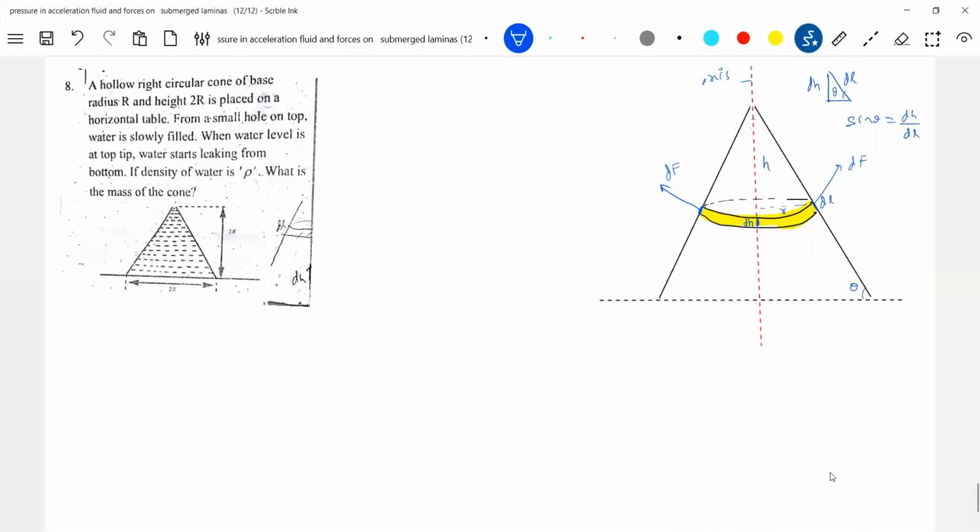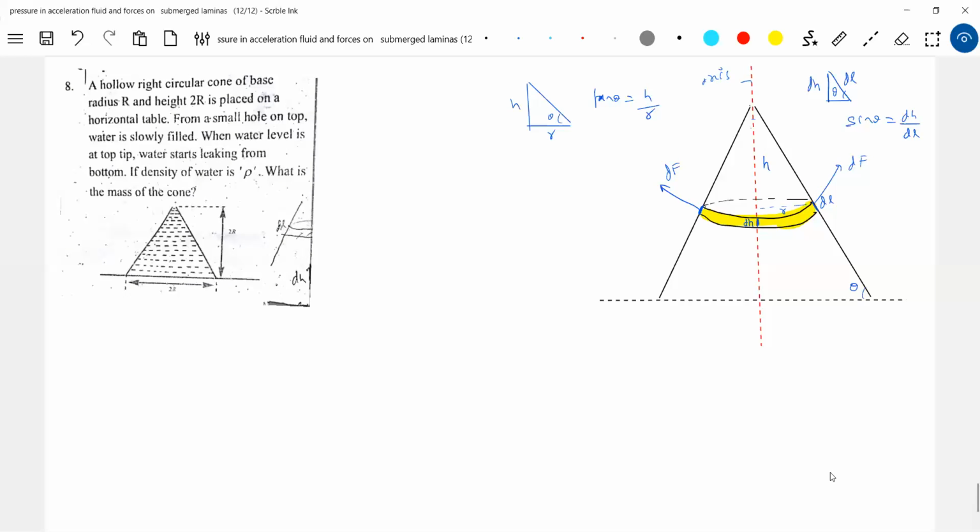Okay, let's prepare some. Let it be h, I'll assume. So one more triangle we have. I'm just making all things very clear before entering into the mathematics. Tan theta, where I'm looking at this triangle. Okay, got it? Tan theta. So this will be theta, no? Tan theta is h by r. I have this much ready. Tell me, how will the horizontal components of that force df on the ring cancel out?